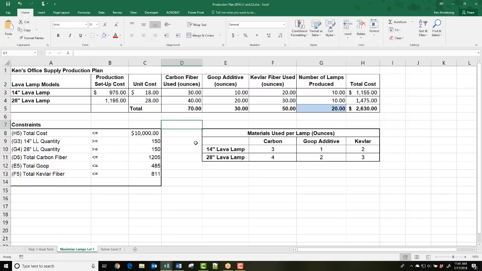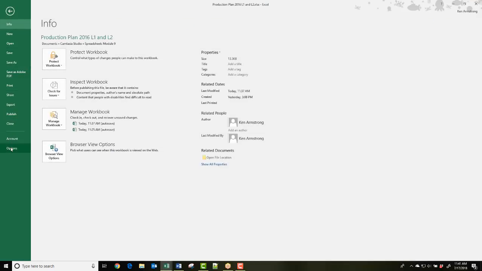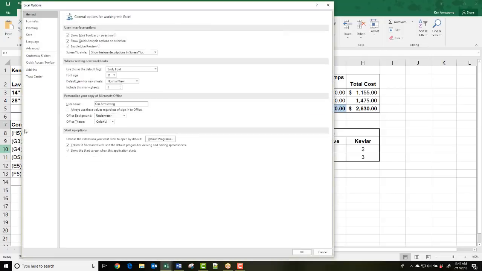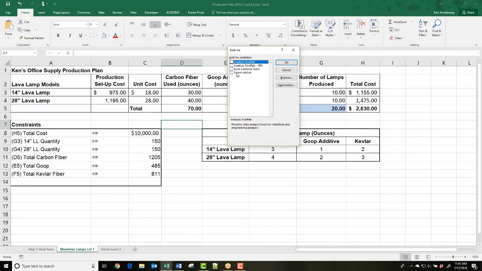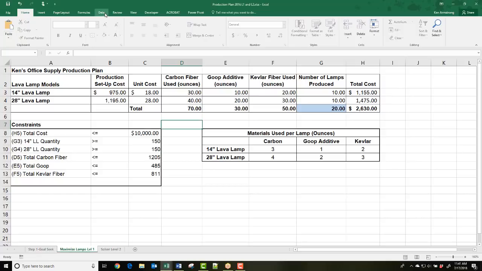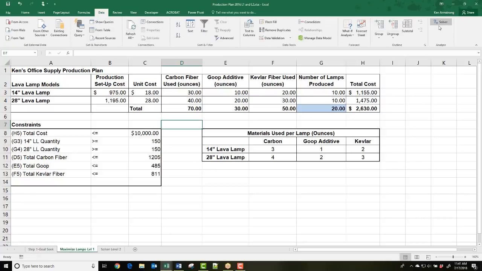To include the add-in, we go up to the File tab and then Options. Here we find the Add-ins tab. Once here, you'll find a bunch of inactive add-ins here. Solver is found in the Excel add-ins, so we make sure that that is selected here in this drop-down list, and then hit Go. Here we have the 4 add-ins that are already installed on your machine. You just need to enable it by checking the box and hitting OK. Now if you go out onto the Data ribbon, you'll see the Analysis area and Solver sitting right there.